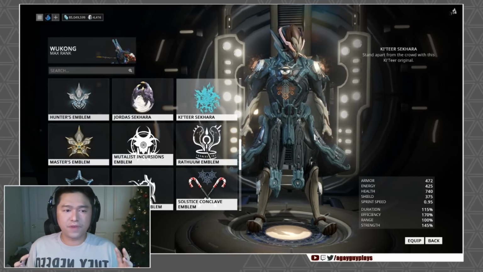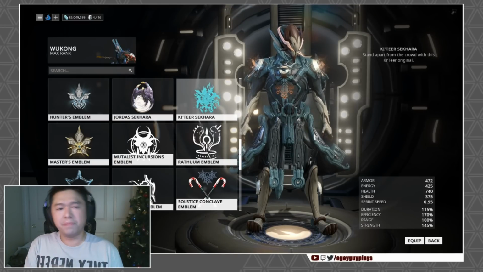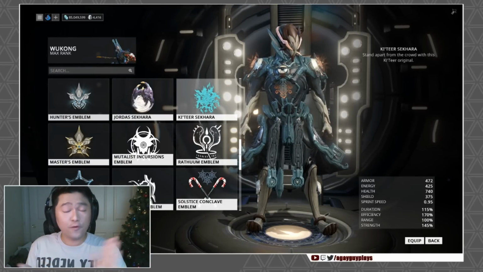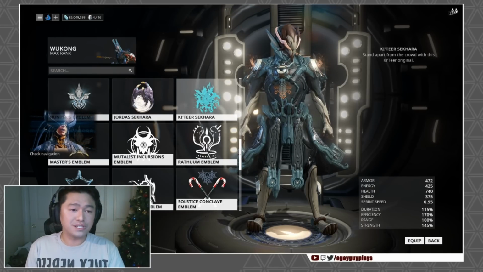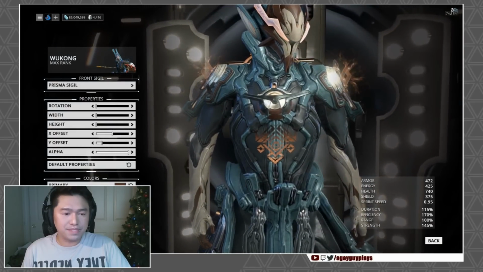So on frames like Wukong, that are a little bit simpler, they can pull it off a little bit better than others. However, I am a big fan of it, and it is available for 400 Ducats, a little bit pricey, and 200,000 credits. Now, the next thing that you are going to see is the Prisma Sigil, and as you guys know, I talked about this in a previous customizations video before,